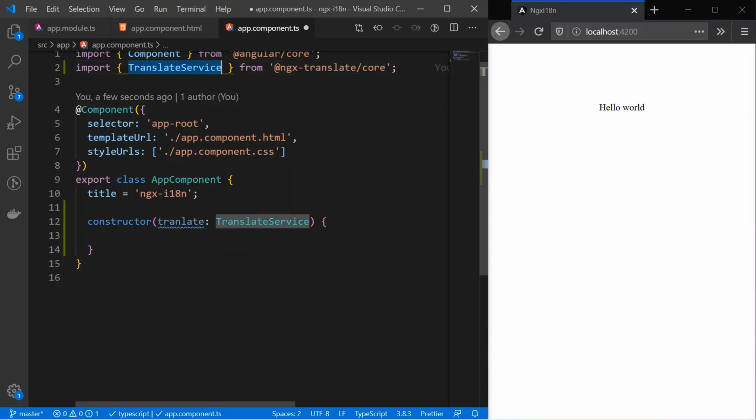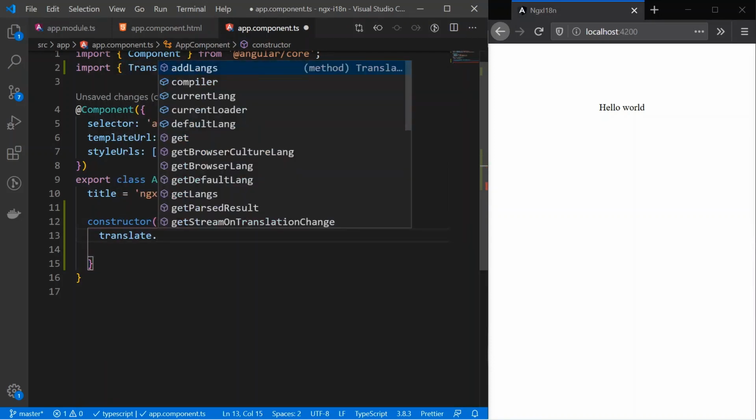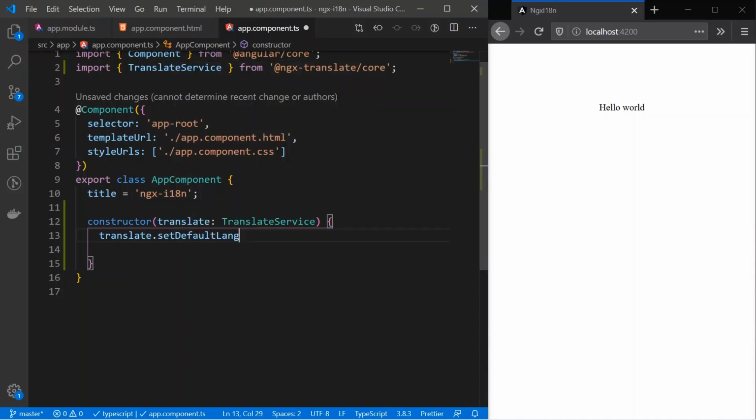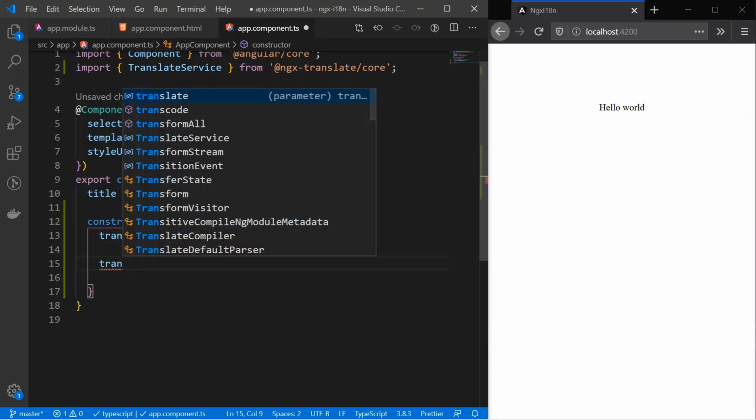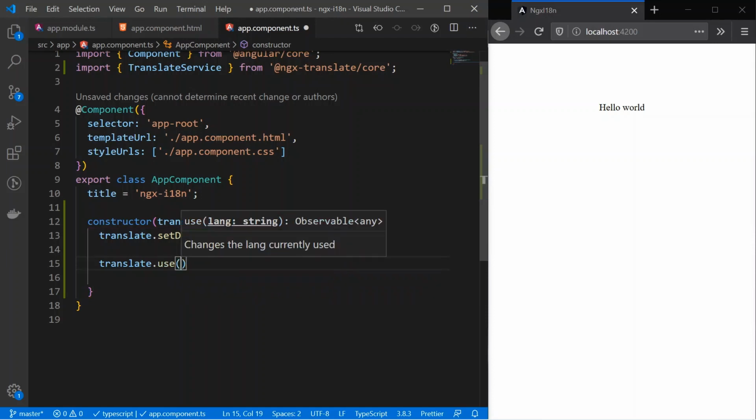Okay, that we are going to use. So we'll set the default language. You can set that; I'm using English as the default language, and also the language that we are going to use. So initially I will be using English as well.